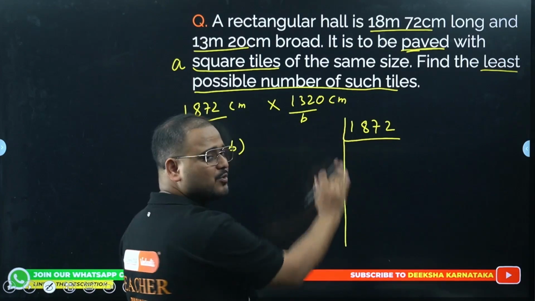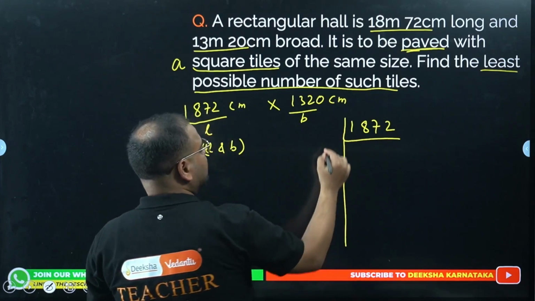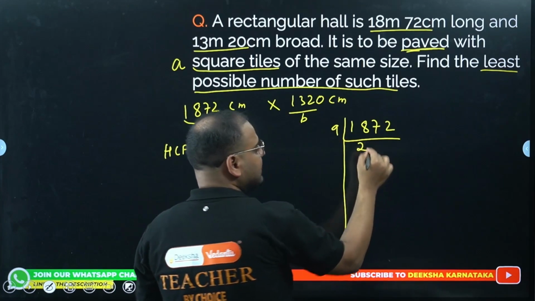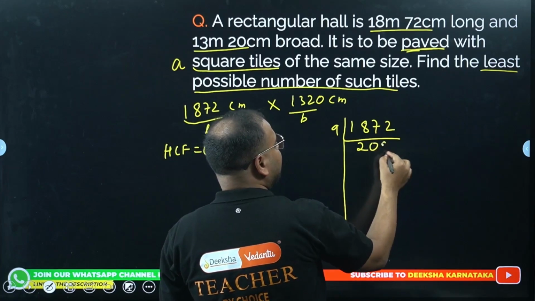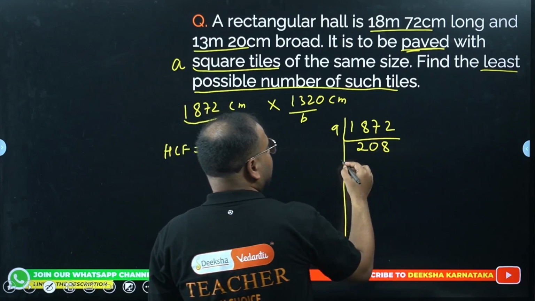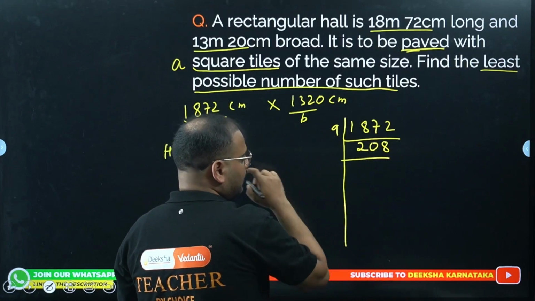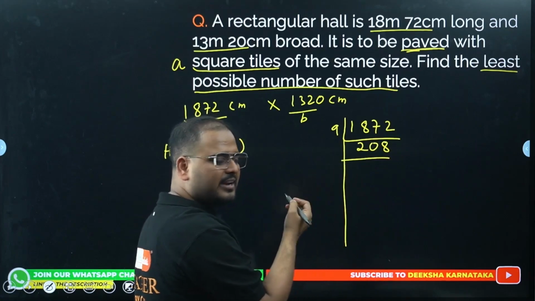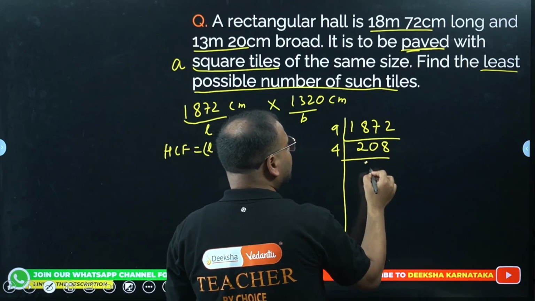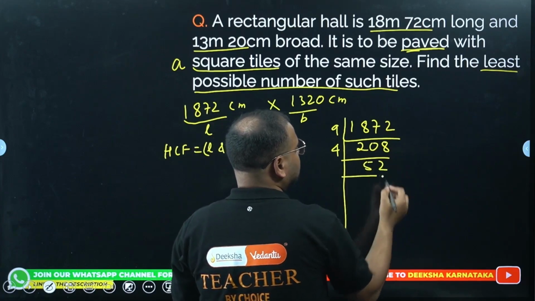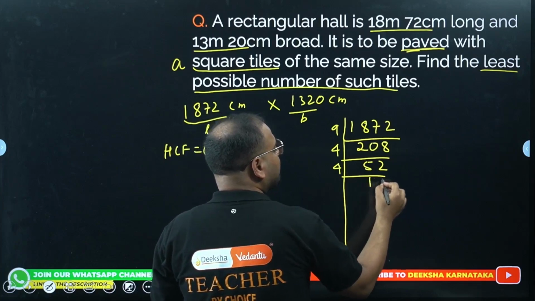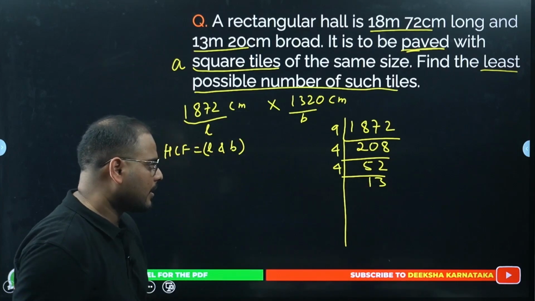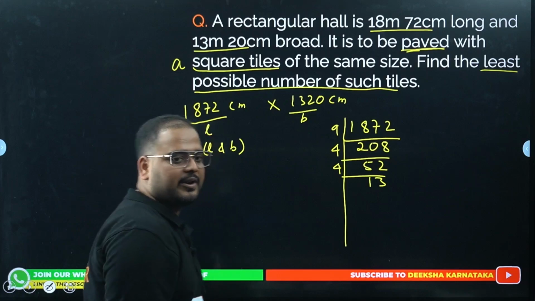So I can see 9 is okay. 9 is working here. So 9 times 2 is 18. And then what will come? 0 will come. And 9 8s are 72. Take once more. I can take 4, right? So 4 5s are, and 4 2s are. I can take again 4 1s are and 4 3s are. Can I take more? I cannot take any more, right?